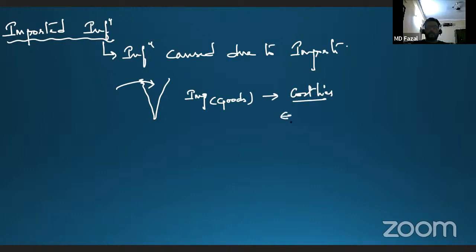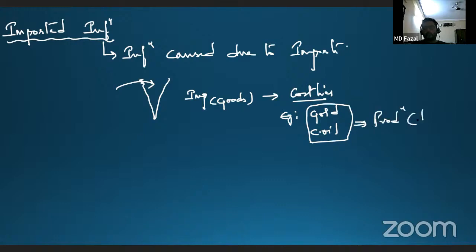For example, gold, for example, crude oil. Gold and crude oil, the production has gone low,